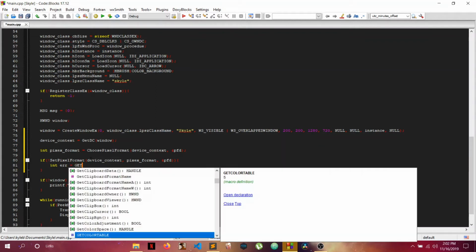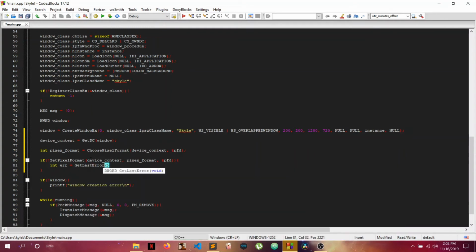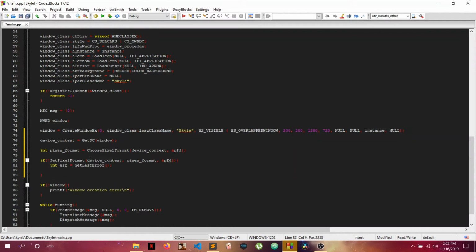Get last error. Okay, it returns an int. The error is in the form of an int. We can just printf to let us know that it happened, which we can see: error setting pixel format, and then actually show the error that we got back. Okay, that looks good. Then we'll just return